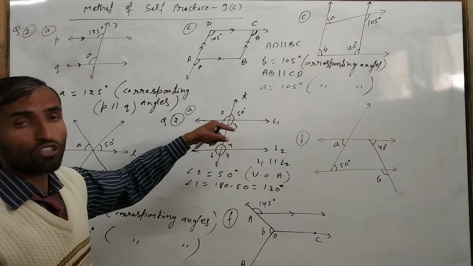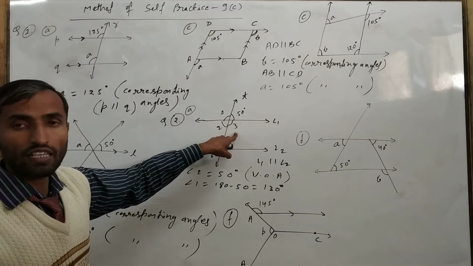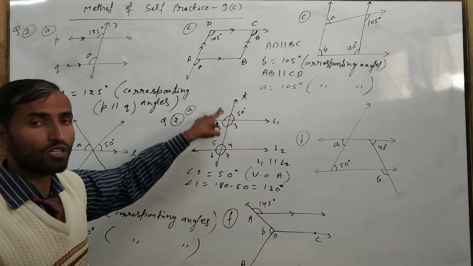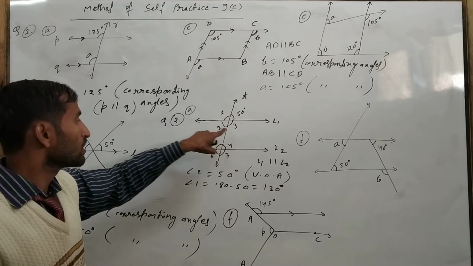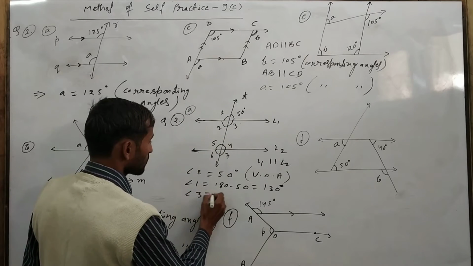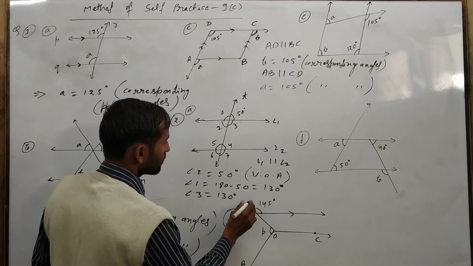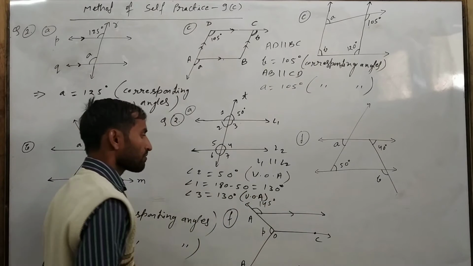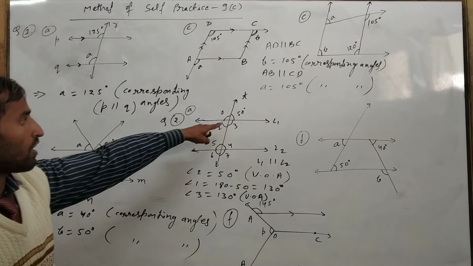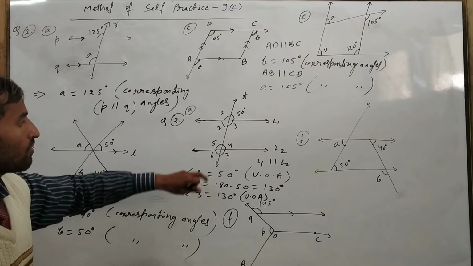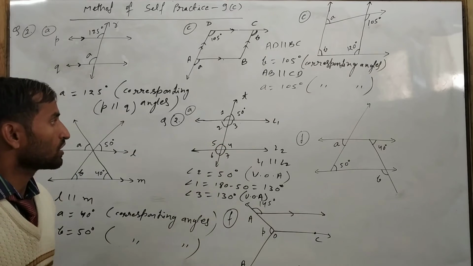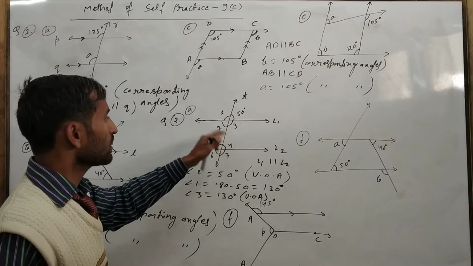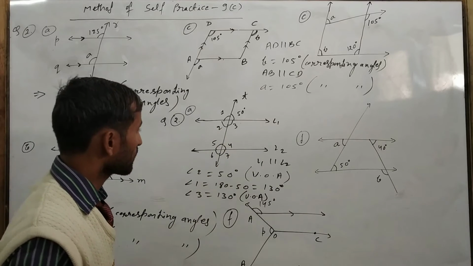If you are able to find angle 1, then you can easily answer angle 3 also, because these are vertically opposite angles. Then angle 1 and 3 will be equal. So angle 3 is equal to the same 130 degrees, and the reason you have to write is vertically opposite angle again. Okay. So now all three angles we have found. Now we have to find all these other angles. We will use the corresponding angle property and the alternate angle property. Then we can find all the angles.